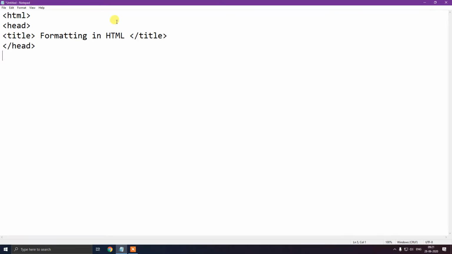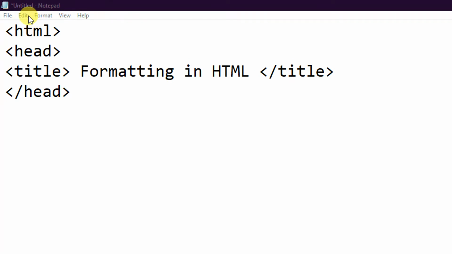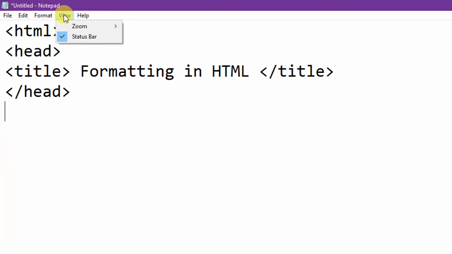Now first of all, we will change the font face. Font face means, like, I will show you here. Let us zoom it. Here you can see file, edit, format, view. In the format section you can see the font.